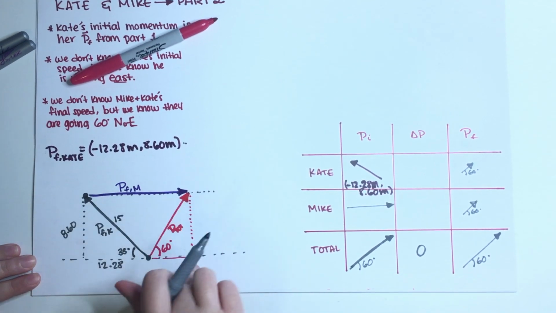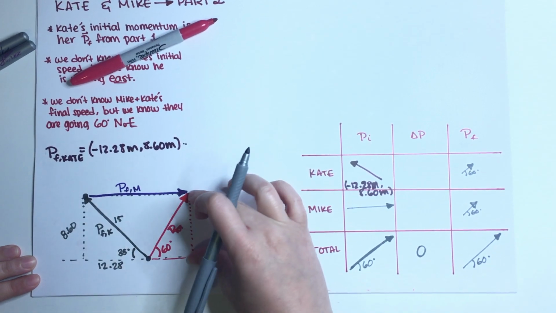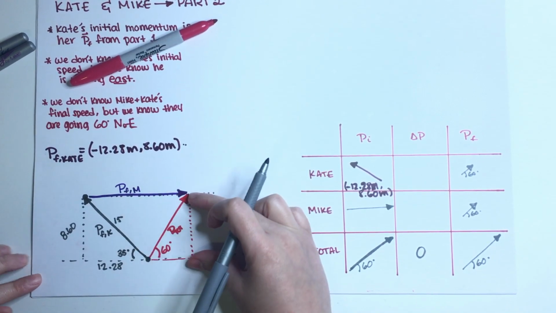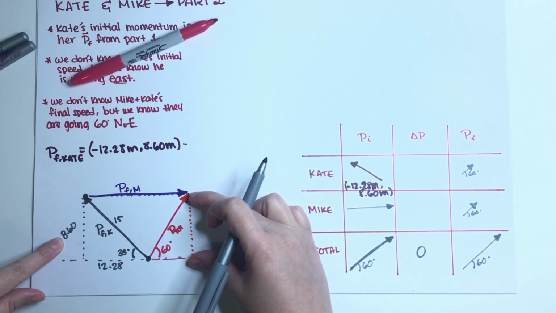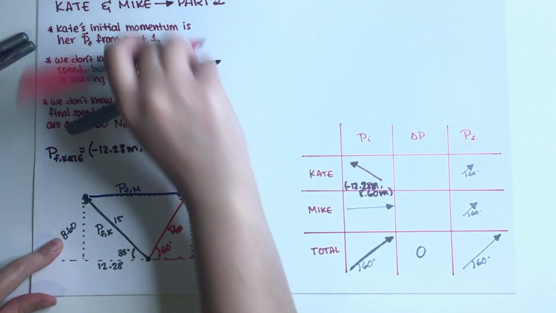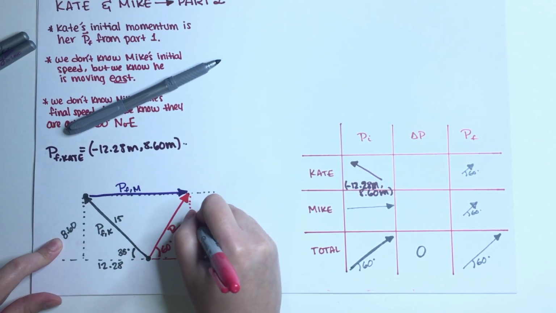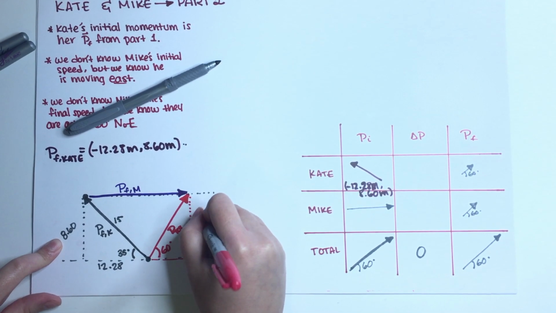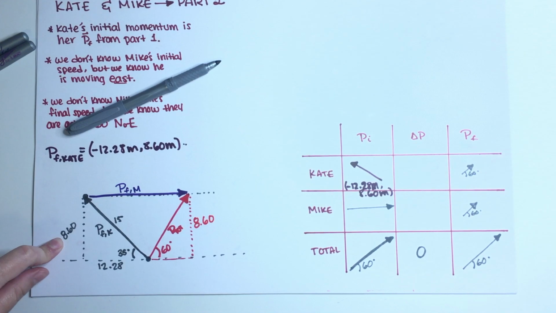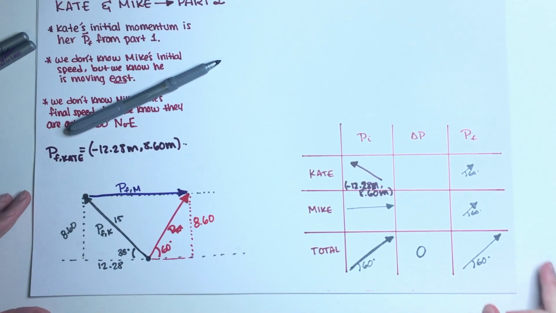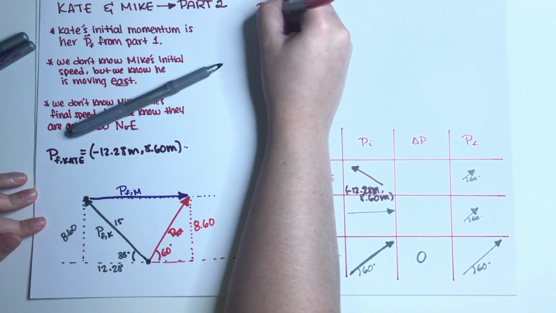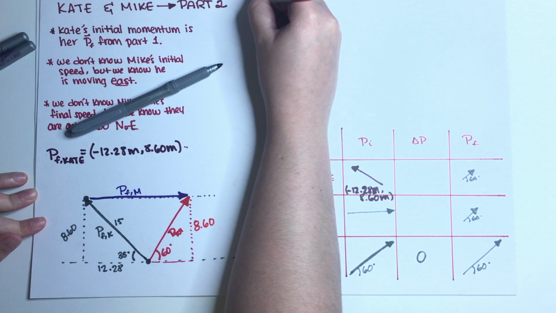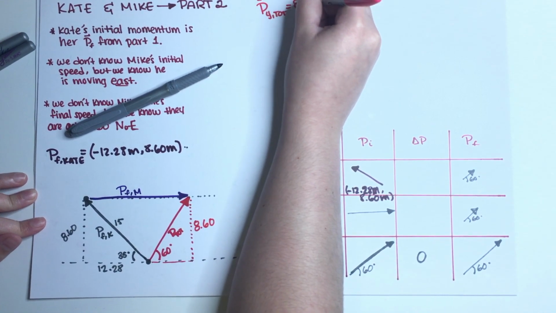So if you just look at the trig of this problem, we do know that the Y component for the P total has to be equal to 8.60, right? Because it's over here. So we do know that the Y component needs to be 8.60, and we can actually work with that. So let me just write that information. So the Y component of the total is equal to 8.60,